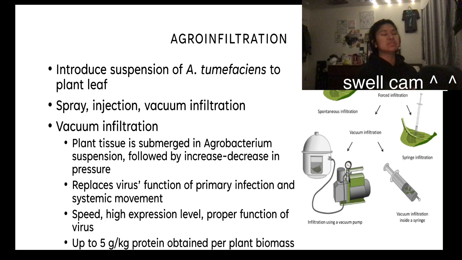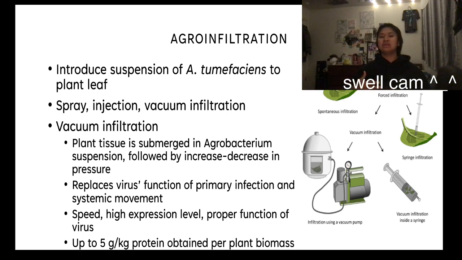Commonly used in the first generation of viral based vectors were spray and injection. But as technology and more scientific findings were found, vacuum infiltration proved to be the most efficient and cost effective